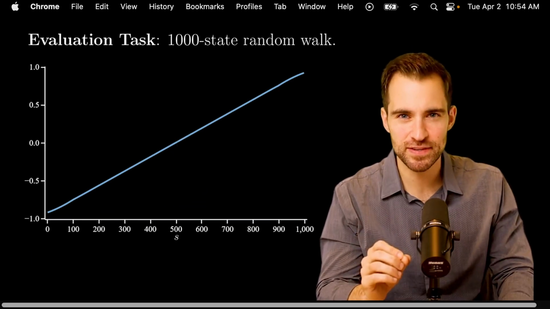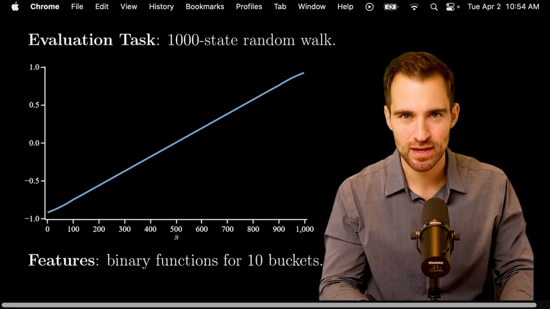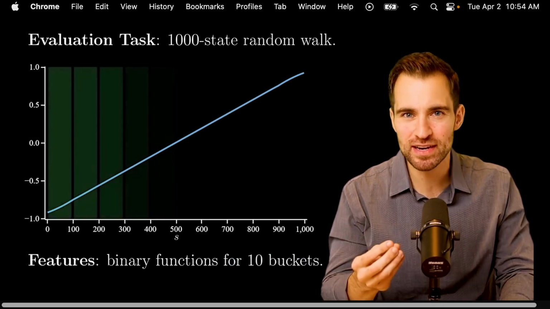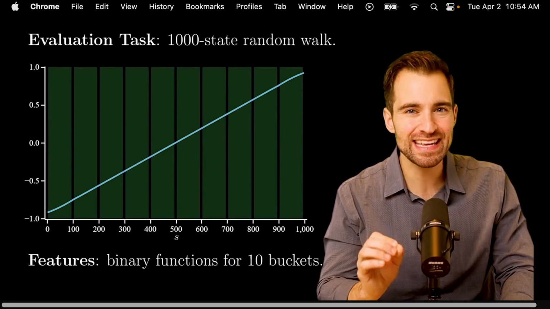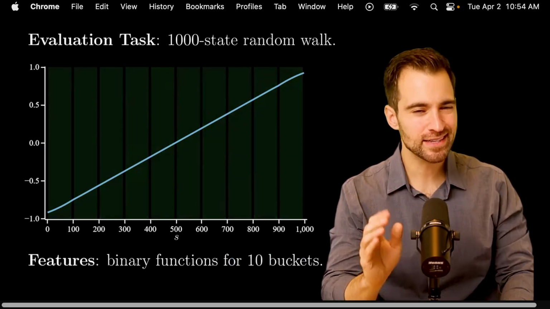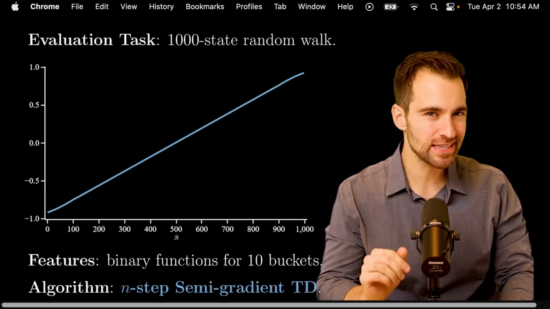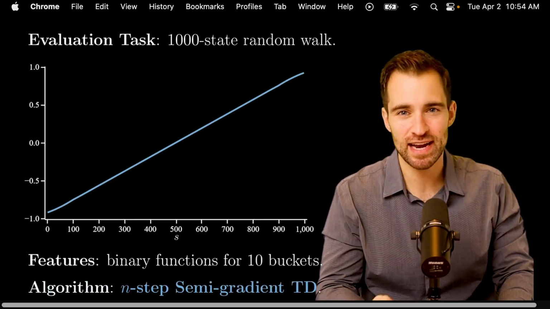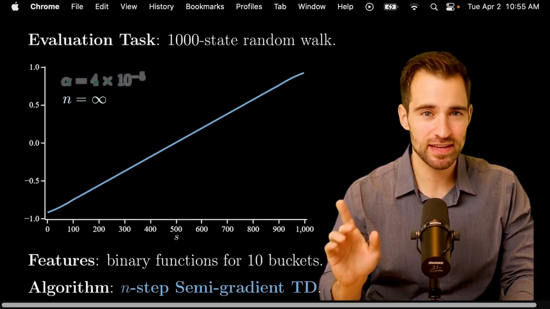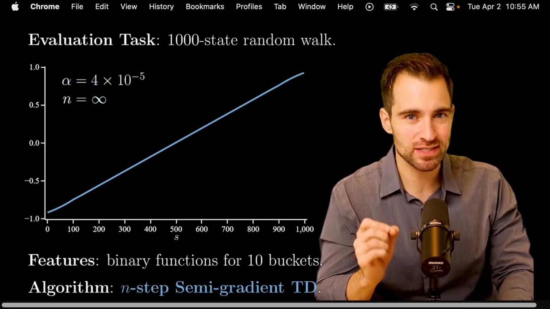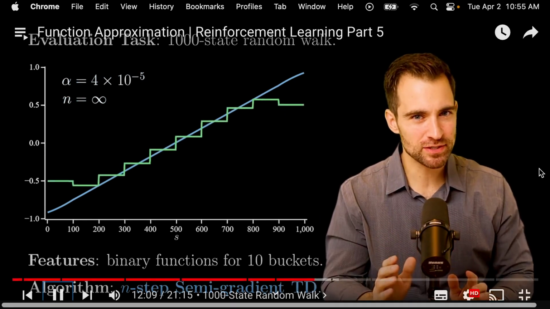Next, let's discuss the features. We'll use 10 binary functions to indicate 10 buckets. That means we form these buckets, and our feature vector will be all 0, except there'll be a 1 indicating which bucket the state is in. Next, the algorithm. We'll use n-step semi-gradient TD. The nice thing is, this includes MC if we set n high enough. In fact, let's start with MC. I'll use an alpha of this and initialize W to 0, which gives us these values. Now, if we run the algorithm over many episodes,